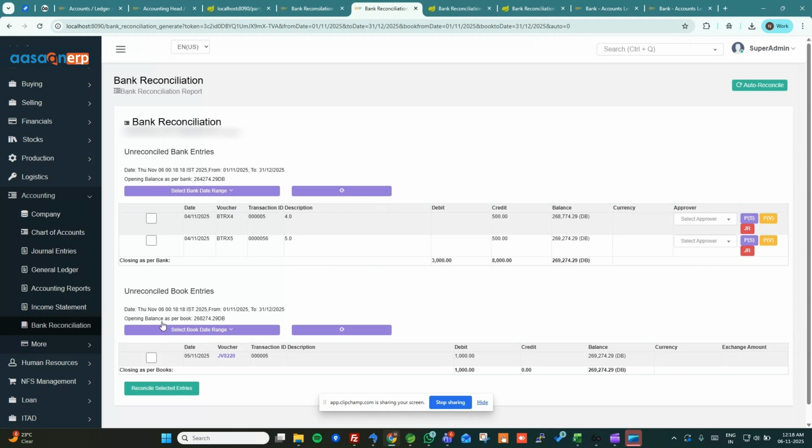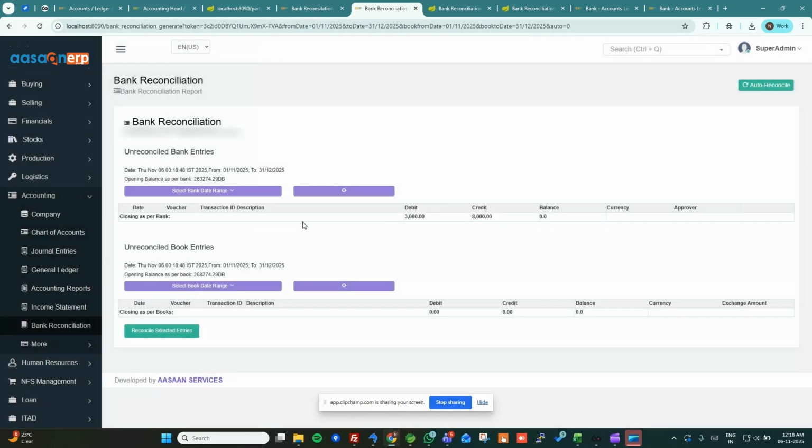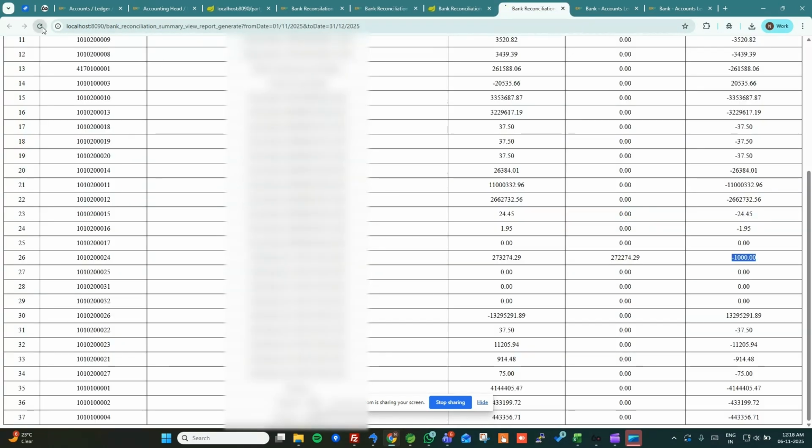So now if I try to reconcile both 500 500 and the book entry 1000 and click on reconcile selected entries, reconciliation done successfully, and there is nothing left over here, as you can see. If I go back to the report and refresh it,